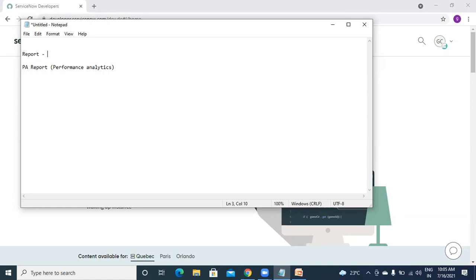But this normal report will show the report and data from the existing table, right? We can't predict the future. If in the month of June we have 1,000 tickets, and from that 200 got breached and 800 were successfully completed, not breached, then how many will breach in July, August, or September? We can't predict that, right? But in the case of performance analytics, we can predict that. We don't need to do anything. The system will automatically predict that. We just need to understand what we should do and how to configure it, and that is also an easy part.